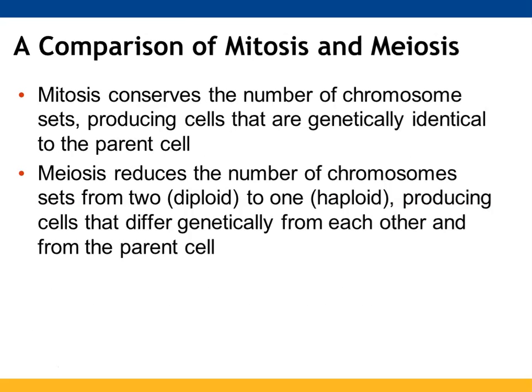So mitosis is intending to replicate things identically. In terms of your chromosomes, you should have the same number of chromosome sets, the same sequence of DNA. Meiosis does not attempt to keep the chromosomes identical genetically speaking. They're going to have the crossing over taking place so that some of the alleles have been exchanged, and the chromosome number will be reduced from being diploid to haploid.